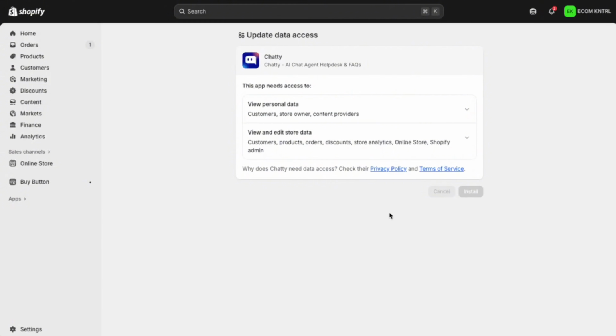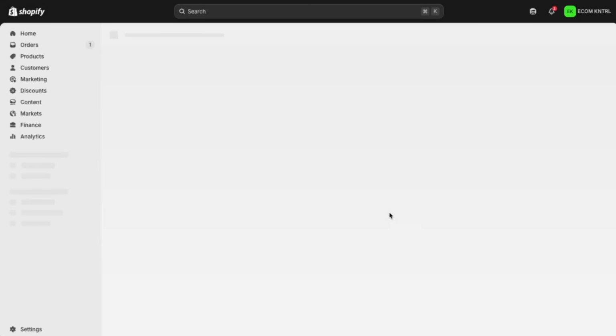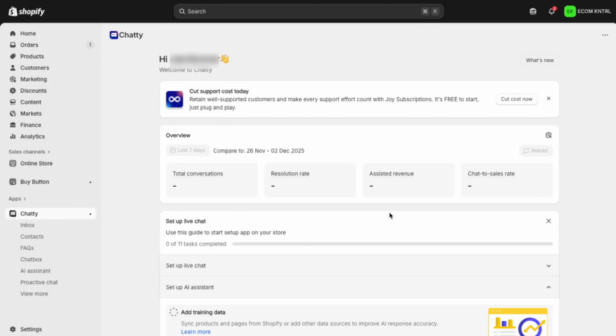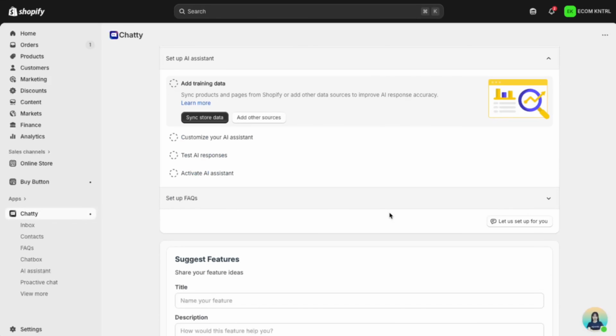Once the app is installed, you'll be taken into its onboarding process. To actually make the chat box appear on your storefront, you need to embed the app in your theme. Look for the option that says Embed App to your theme, and then click Turn On next to it. This activates the chat box on your live store. After that, your chat box should be live, and you can customize its appearance and settings from